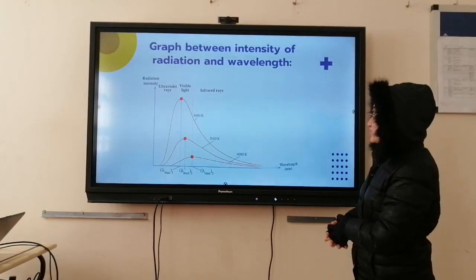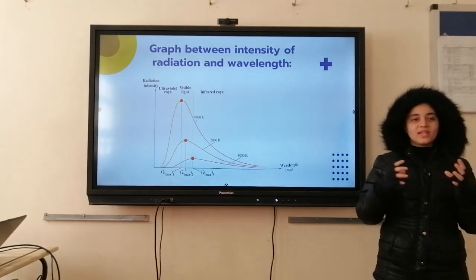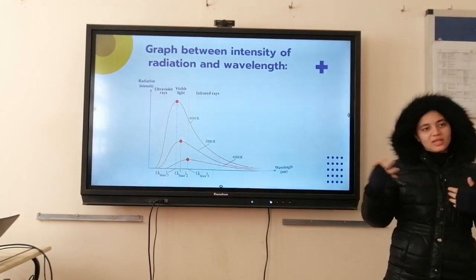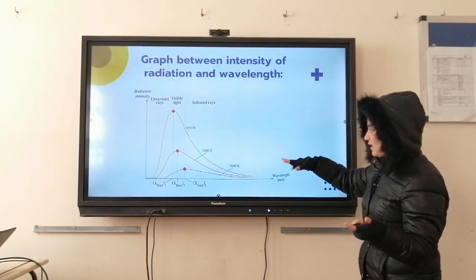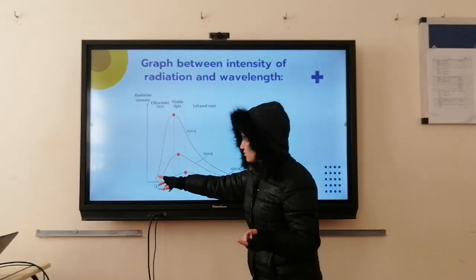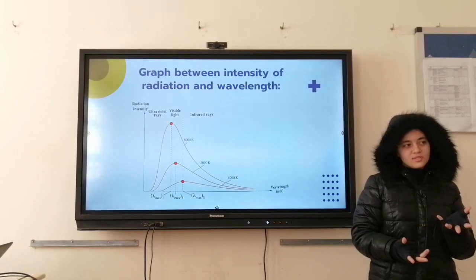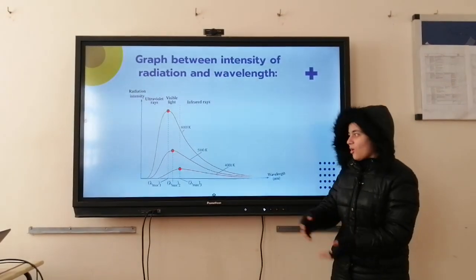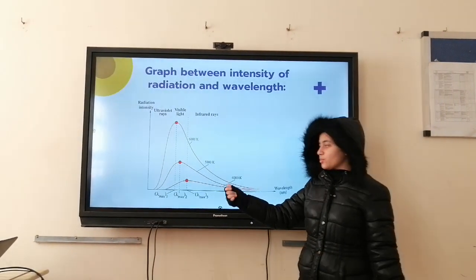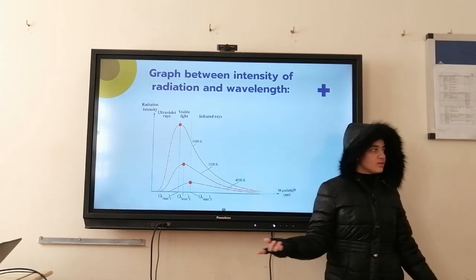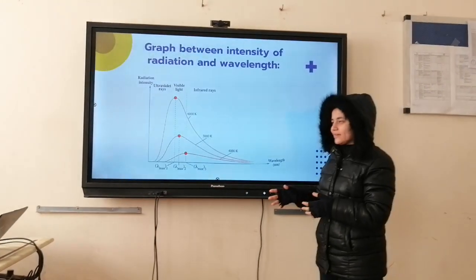Now, the relationship between the intensity of the radiation and the wavelengths. When scientists tried to find experimentally the relationship between the intensity of the waves and the wavelengths, they got this graph. It first rises like a directly proportional relationship, then it gives an inverse proportion. They were confused because they didn't know why it gives a directly proportional relationship. They knew that wavelength is inversely proportional to the intensity. So the scientists at that time were confused because they knew that